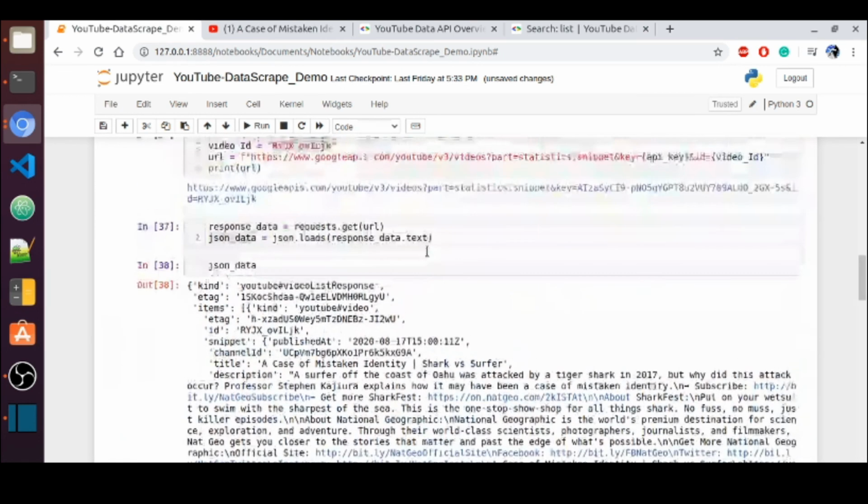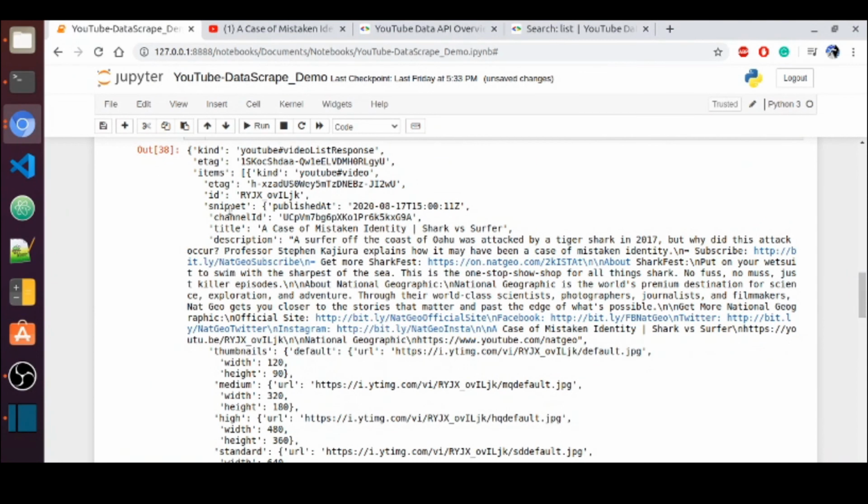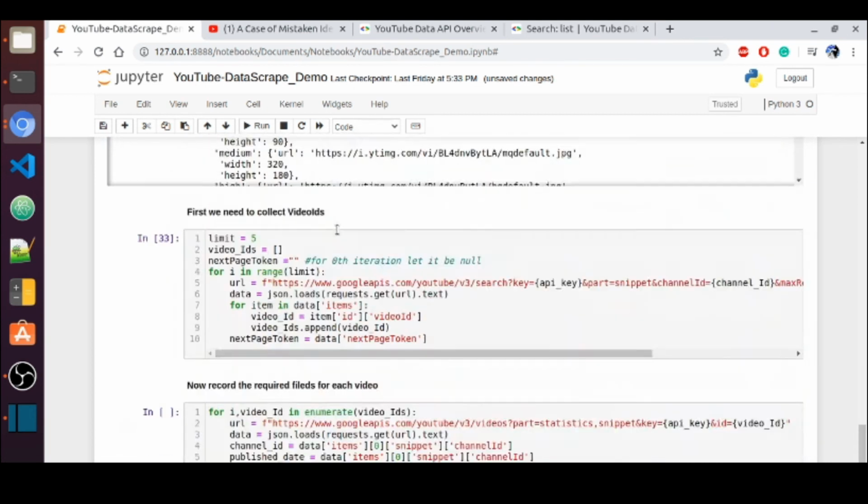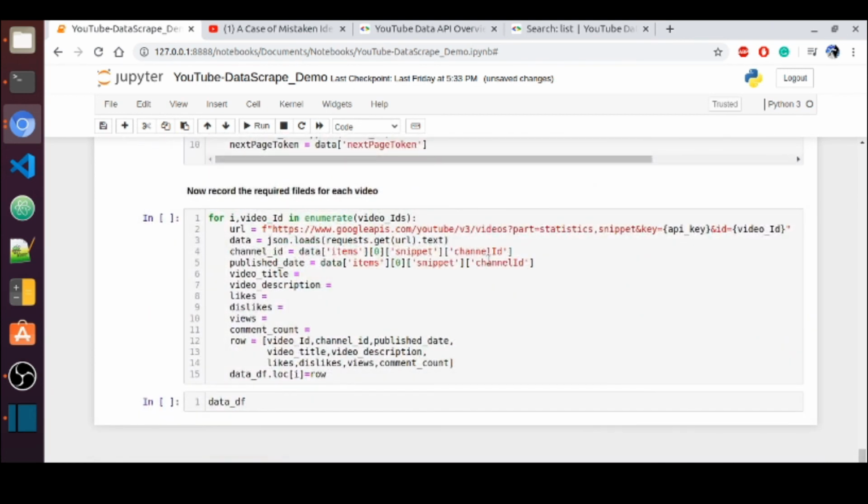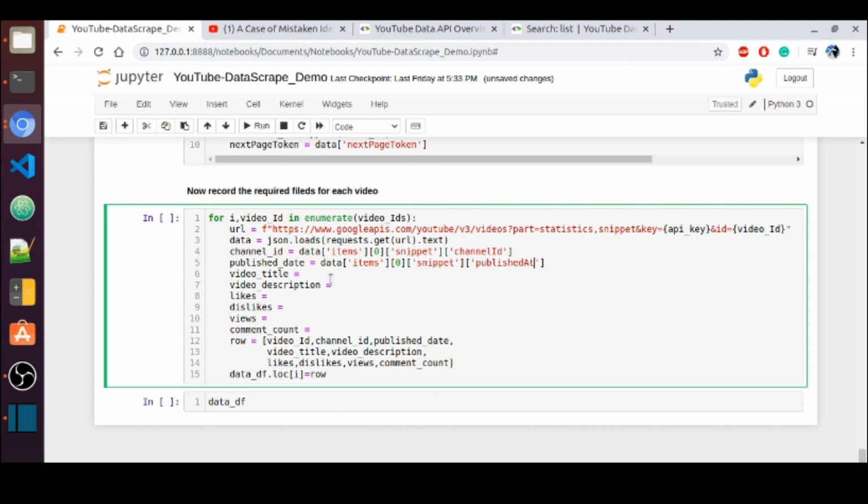Let me see that as well. Published date. Oh, okay, published date is available in snippet only, so I'm not changing anything. Here I will change the key to published date. And similarly we have to point to the desired data.